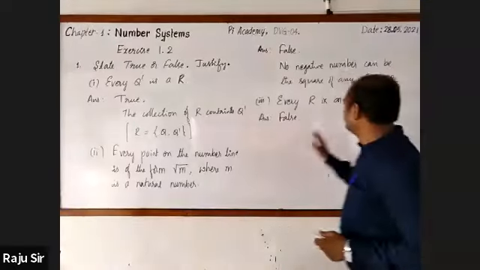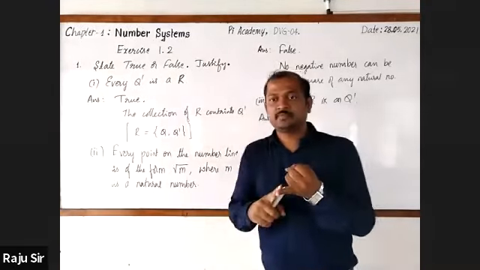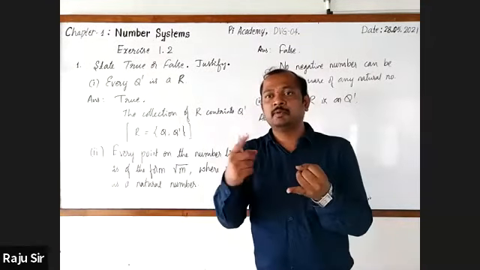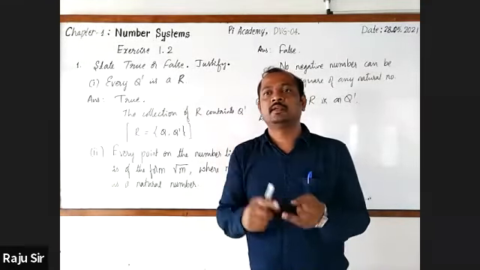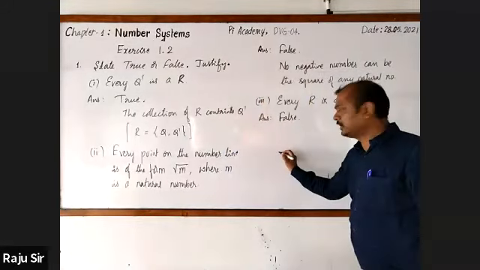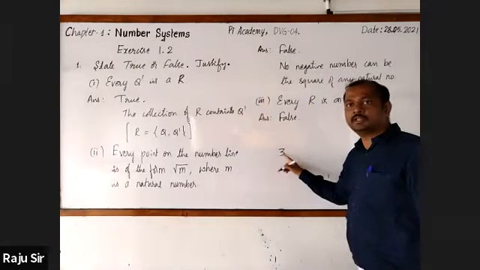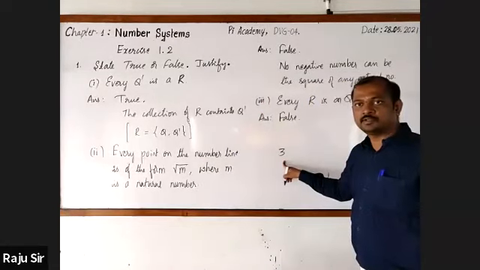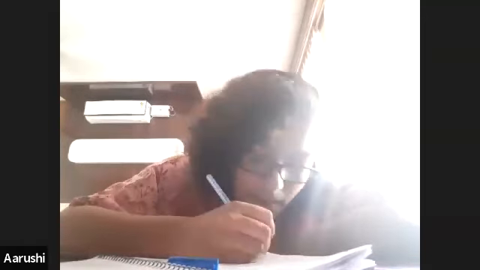Now, listen. You know that real numbers include rationals. They may be whole numbers, integers, or natural numbers. Now, I write a real number. Observe it. 3 is a real number, is it not? Yes, sir. Whether 3 is an irrational number? No, sir. Therefore, this is false. Got it?